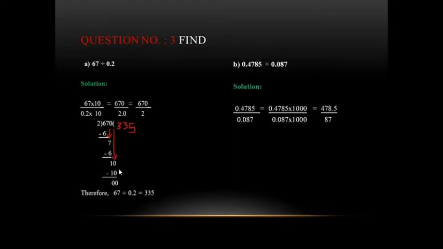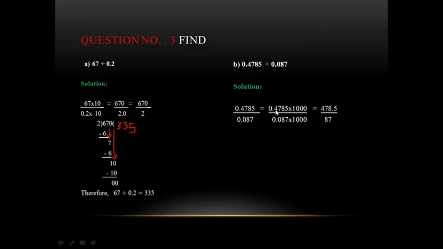So that is, here first always see the denominator. So in the denominator it is given 0.087. So here after the decimal, 3 digits are given and we don't want the decimal here, so we will multiply it with 1000 so that we can shift this decimal to the right side after 3 digits, because in 1000 the number of zeros present is 3. So here we will multiply the denominator with 1000, and if we are multiplying the denominator with 1000, then we have to multiply the numerator also with 1000.